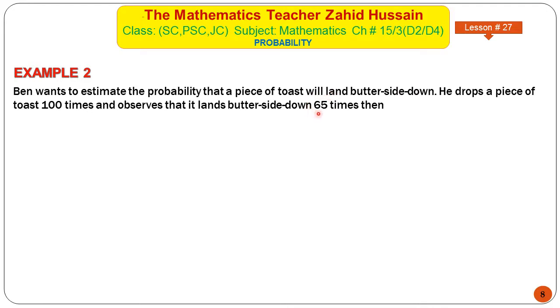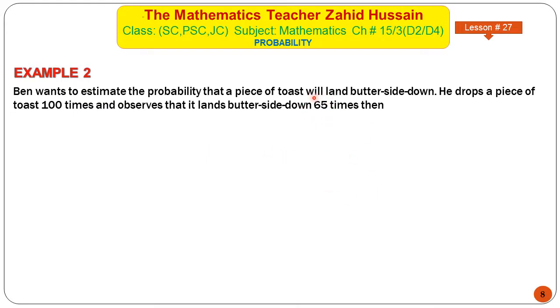अब उसने कहा कि उसको 50 टाइम्स अगर ड्रॉप करें, 65 टाइम्स अगर ड्रॉप करें, और हर टाइम की जैसे पीछे हमने टेबल बनाया था, एक दफे टॉस किया तो कौन सी साइड आई, बटर साइड. दूसरी दफे टॉस किया तो कौन सी साइड आई, कोई और साइड आई. He drops a piece of toast 100 times. Sorry, this piece of toast is dropped 100 times. 100 टाइम जब टॉस किया तो बटर साइड डाउन जो है वो कितनी आई, 65 टाइम्स बटर साइड आएगी. तो वहां पे जब टेबल बनाए तो बटर साइड, अदर साइड, बटर साइड 65 टाइम्स जो है वो.